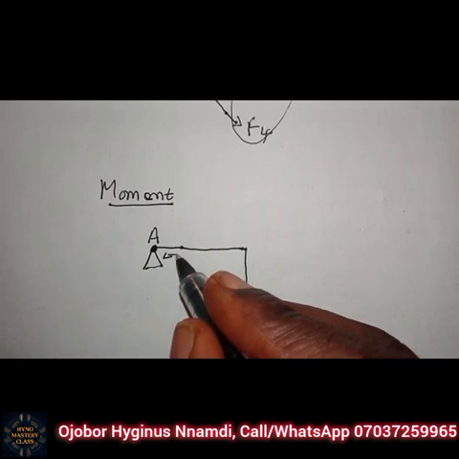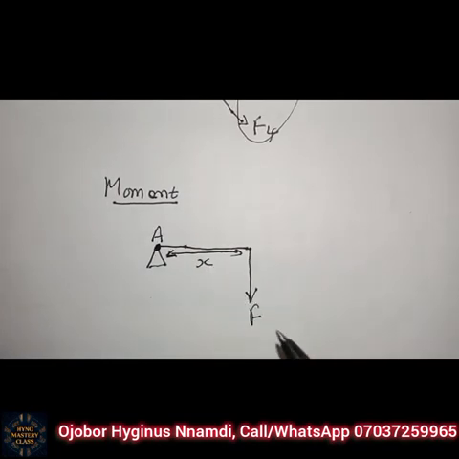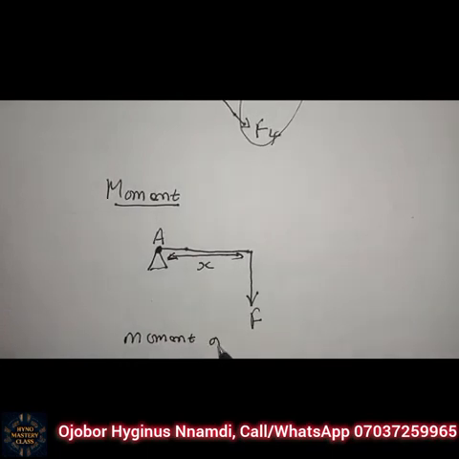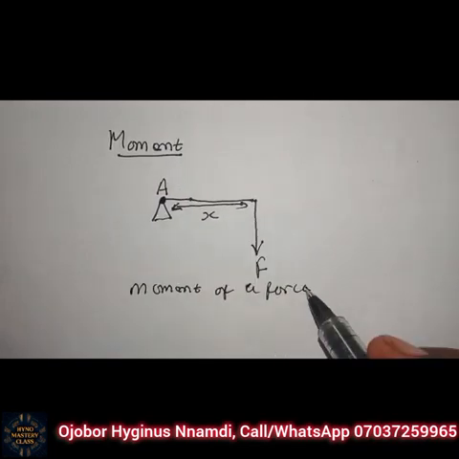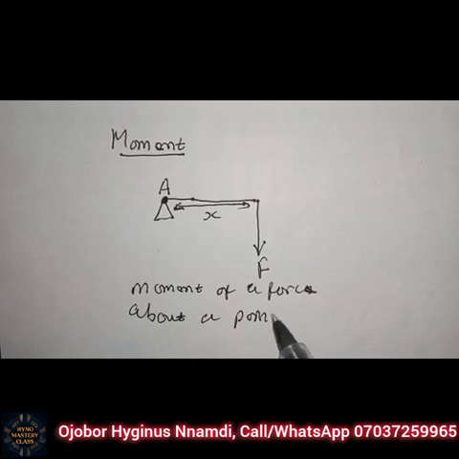If this is the distance of the line of action of the force from the turning point, say x, and this is the force, we say that the moment of a force about a point A is